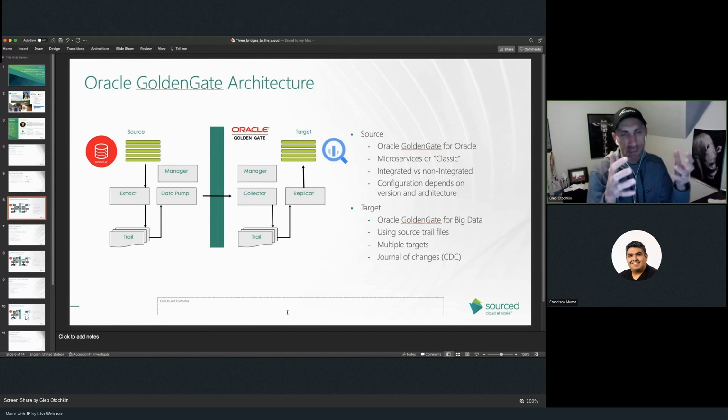Then it goes to the collector, then to the trail file, and GoldenGate for big data takes that data from the trail file and puts it to the destination target. It reads the trail file, reads the data, and can apply some kind of filters, some kind of transformations to the data before putting it to the destination. You have quite a few configurations you can apply.